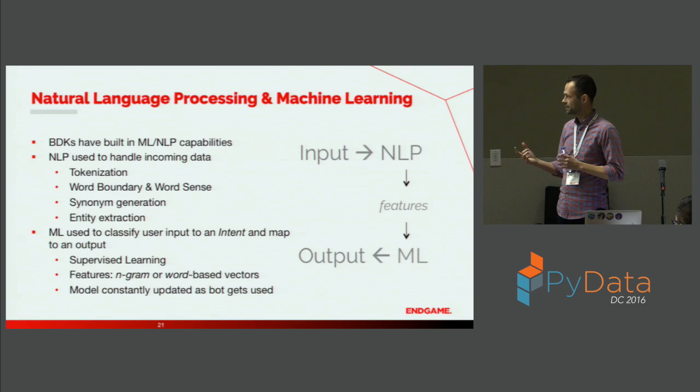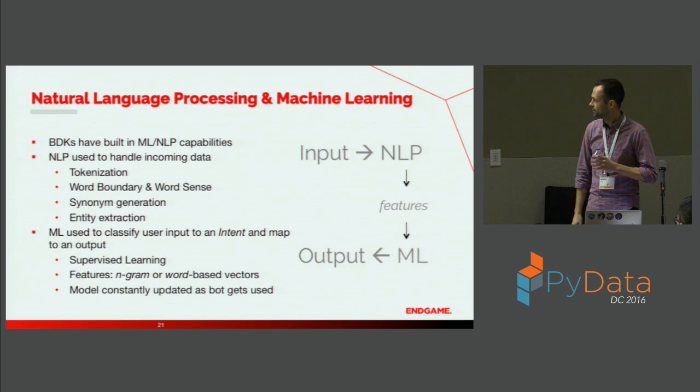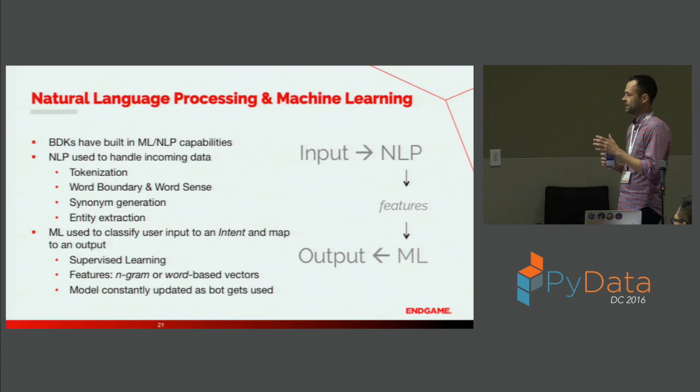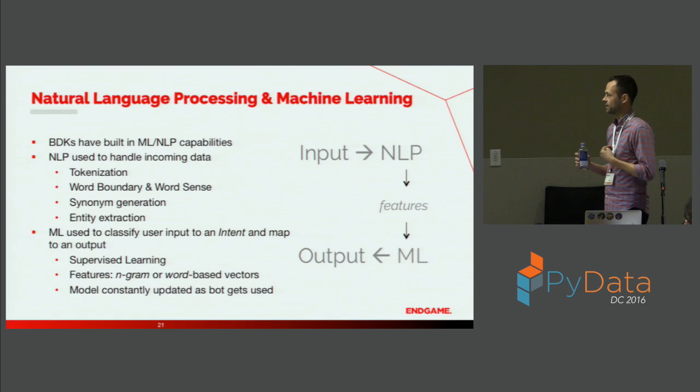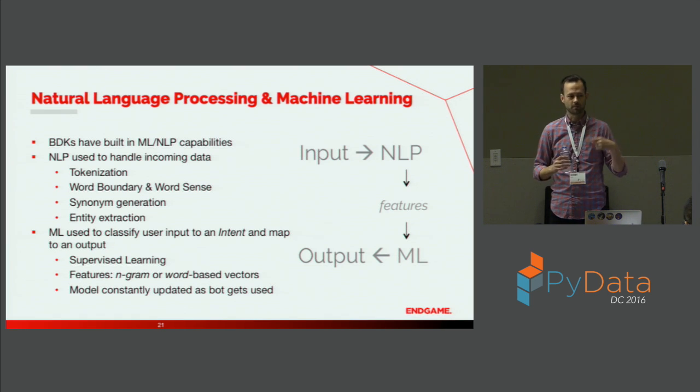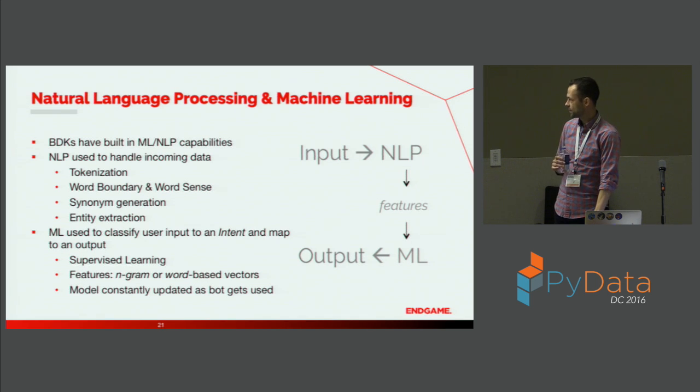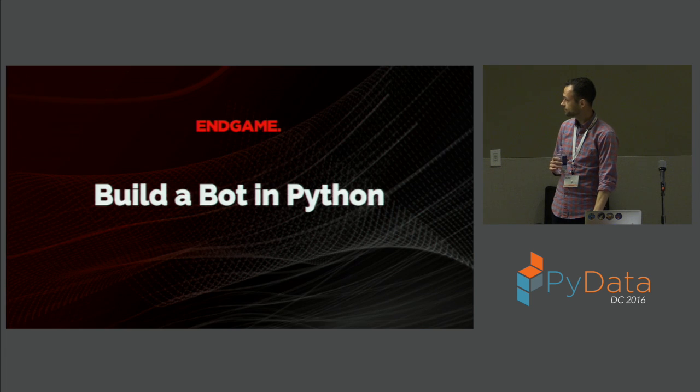It's very easy to use. Like I said, it's literally a button that says train, and you have no idea what it's doing, but it does it well. Additionally, another thing that I personally like is they use models that can be updated on the fly, so SVMs or naive Bayes, and they do logging. Each time your user interacts with your bot and you provide an answer, you kind of self-participate in active learning. If you gave a wrong label, you correct that label, and that gets fed back into the model, so the next time you get it right. And there's something to be said about that customer service aspect.